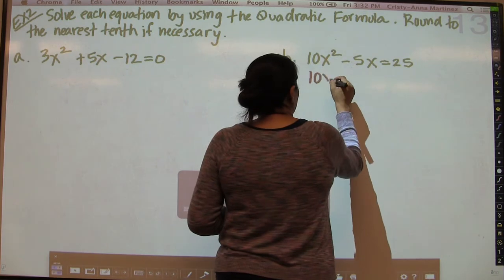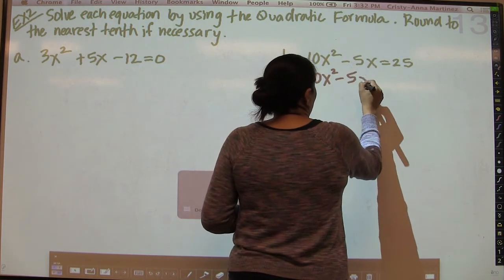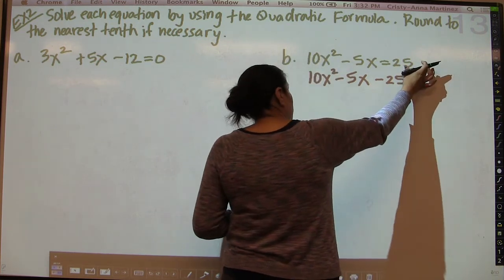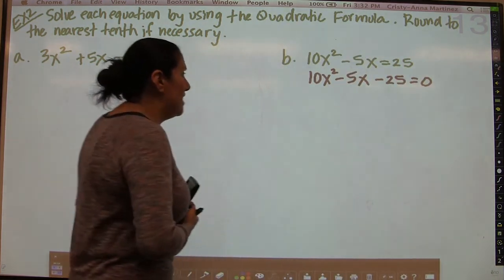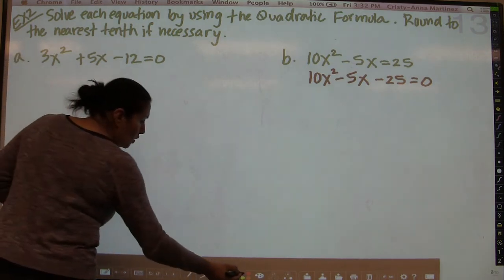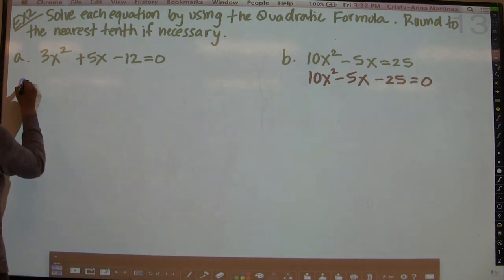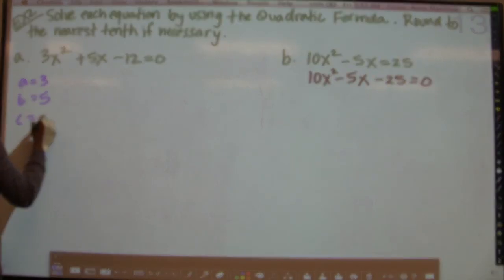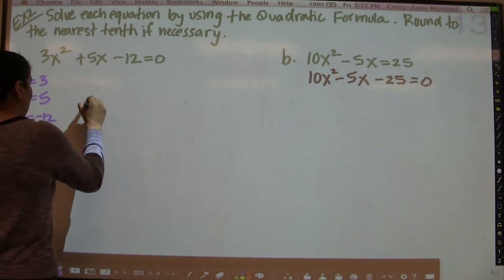We're going to get 10x squared minus 5x minus 25 equals 0, because we're going to move this positive 25 to the other side. It'll become negative 25. So that's the first thing you want to do. And then we're going to use our a value of 3, b value is 5, c value is negative 12. So we're going to say